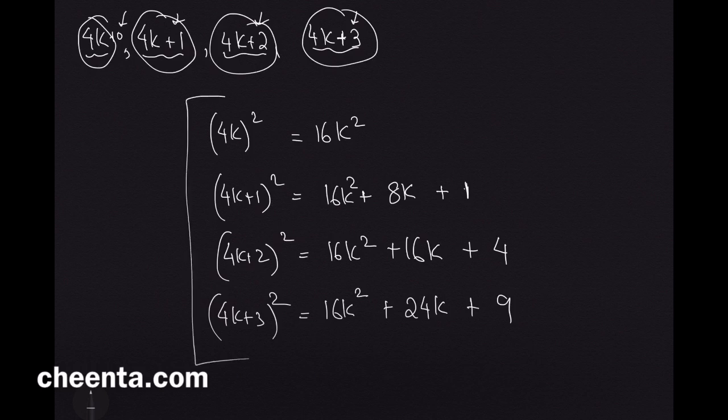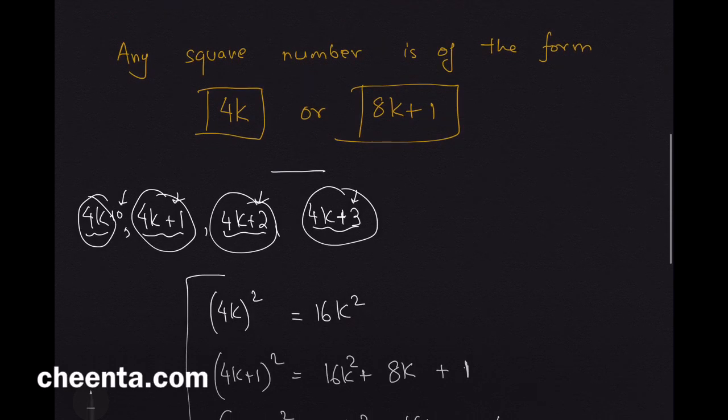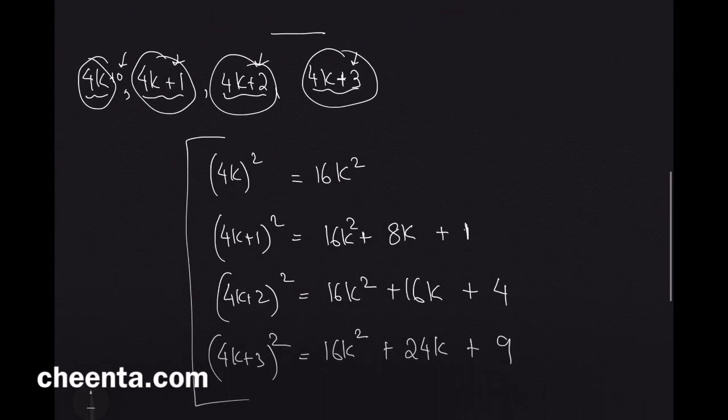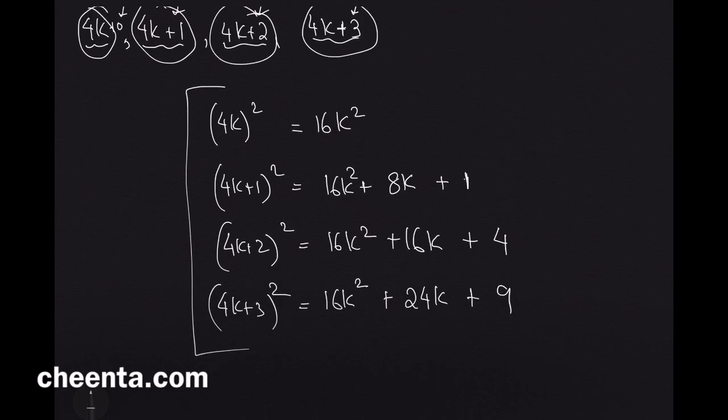You should be able to solve this problem right now. You should be able to show that any square number is either 4k or 8k plus 1 from this deduction. Try to solve it, try to finish it up. If you are unable to do it,